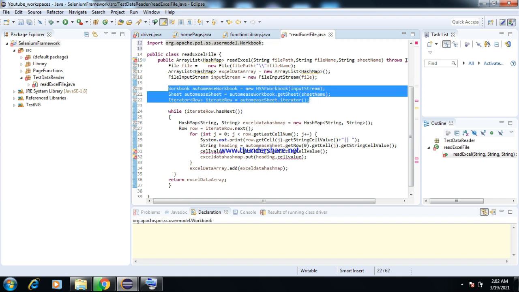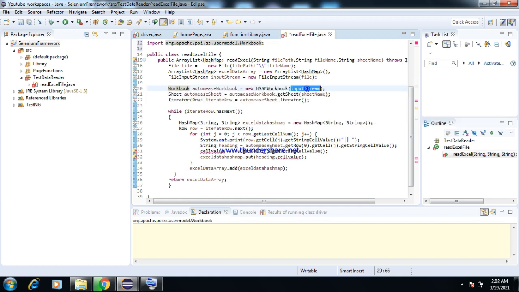What these three sets of lines are going to do is, once the file you have imported will be coming to this workbook, we are accessing it through this file input stream. From this workbook, I am declaring the sheet here. So this is going to refer to a particular sheet in this workbook based on the sheet name we have given. The sheet name we have passed here will come under the automate sheet. So from this automate sheet I am going to pass this iterator. Suppose you have a sheet with 5 rows, my iterator row value will be 5.